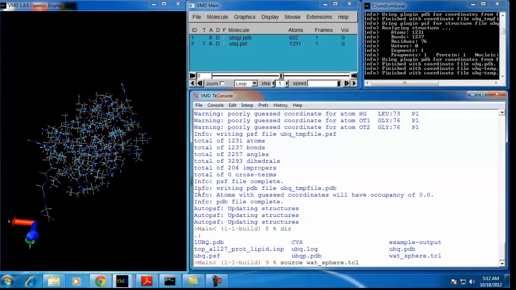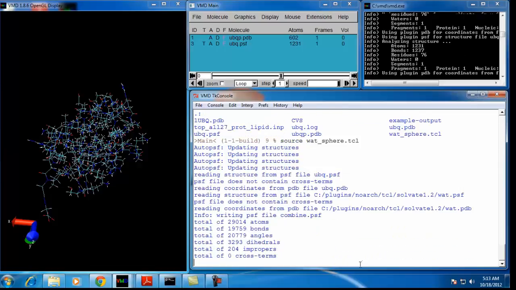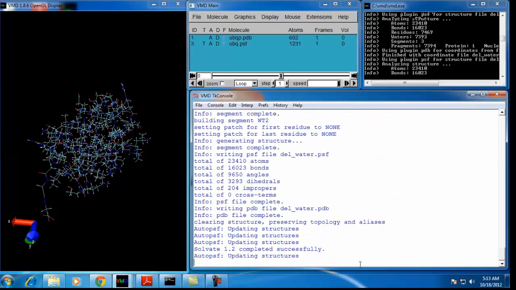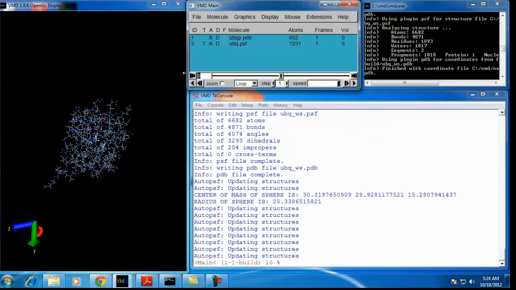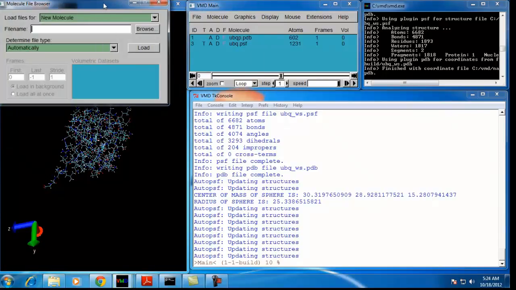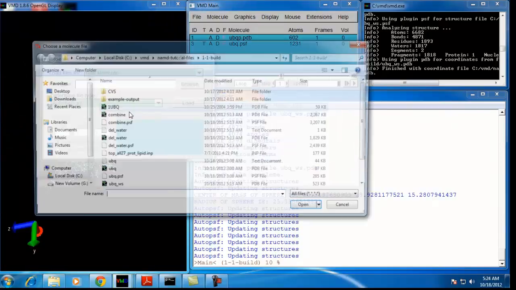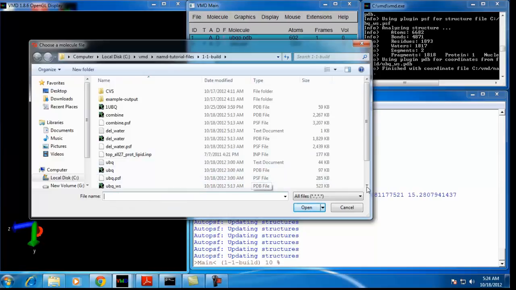Next step in our tutorial is solvating the protein. The purpose of solvating the protein is to closely resemble the cellular environment. The first way to get started is to convert it into a water sphere, which is required for the minimization and equilibration in non-periodic conditions. For this particular step, we would be using a pre-made TCL script located